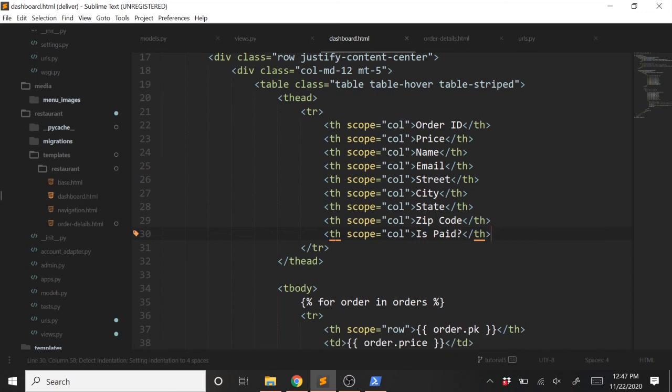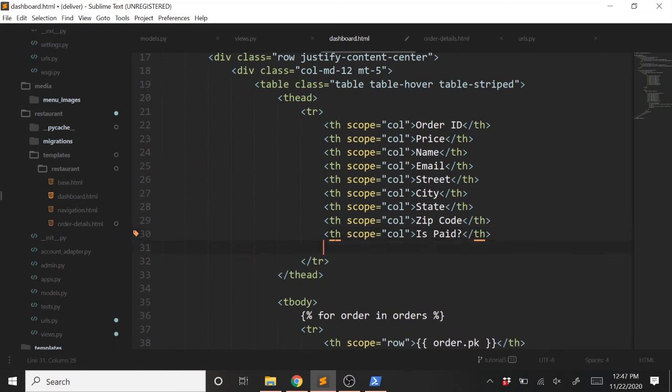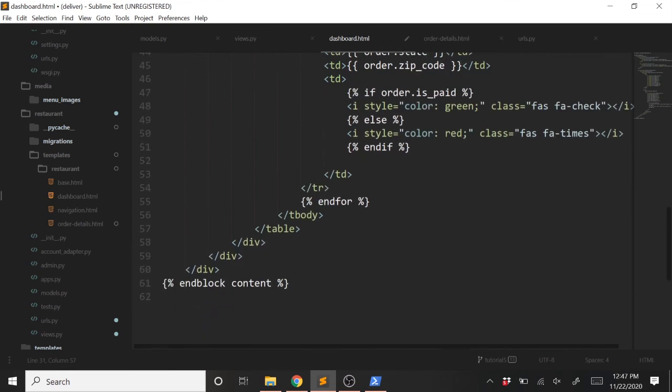We'll go ahead and add the heading up here, and we'll just call it details. So we'll do th scope equals column, and then we'll do details, and we'll close off that header there, and we'll come down here to the bottom,